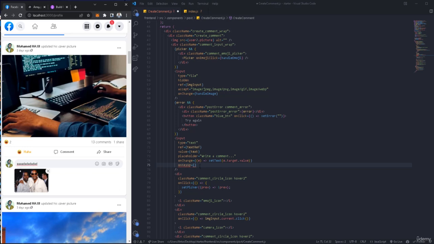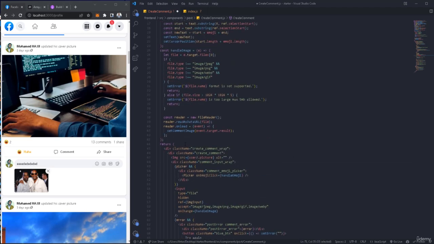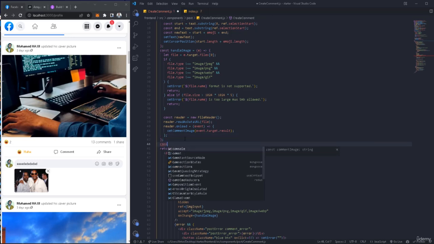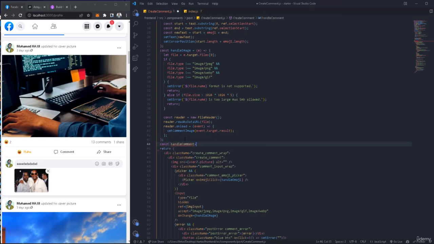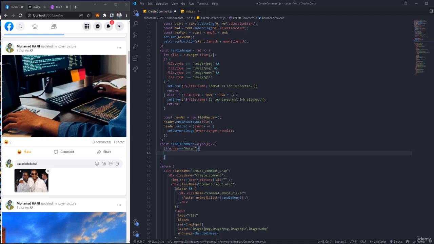So let's call this function handle comments, and let me take this function, go right here, const handle comments, and it's gonna be an async function. We're gonna get the event, very important, okay, and we're gonna use the event and see if the key is equal to enter. So if it's the enter button, then we're gonna listen to it. So we're gonna see if the event.key equals enter, okay. Then that means he clicks or types enter. Then for now let me console log clicked enter,